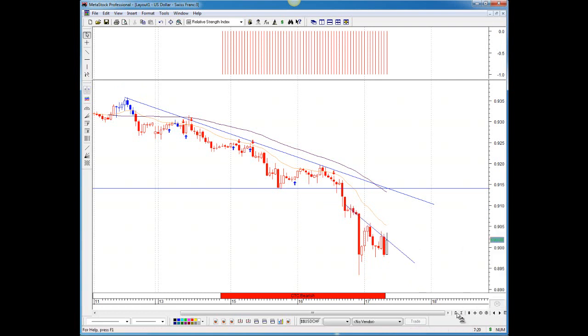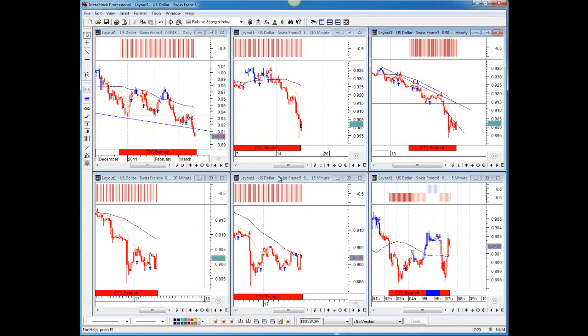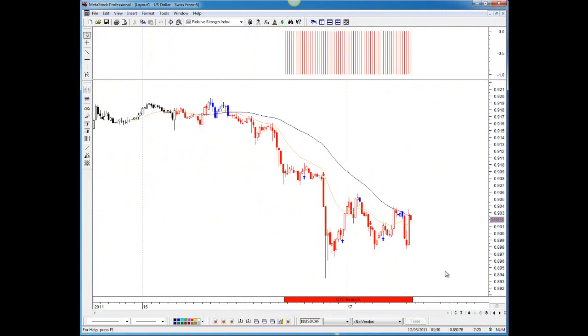Okay, that's just very quickly what I'm looking at. So we move to our 50-minute, for example. You can see the breakouts just below the 0.908 mark, then the pullback, and now we're seeing price failing to break above the 50 period moving average in this case, and by doing so